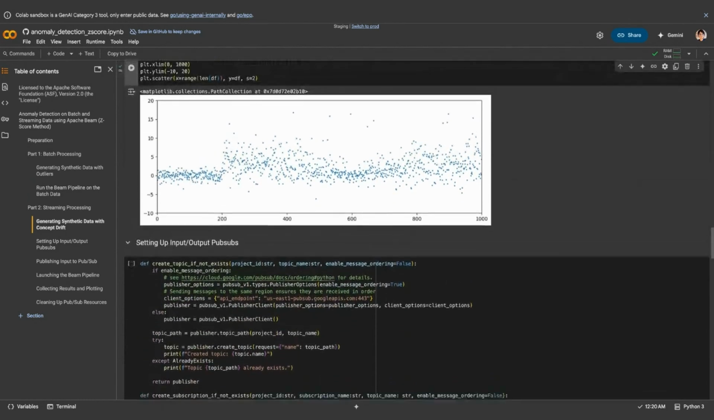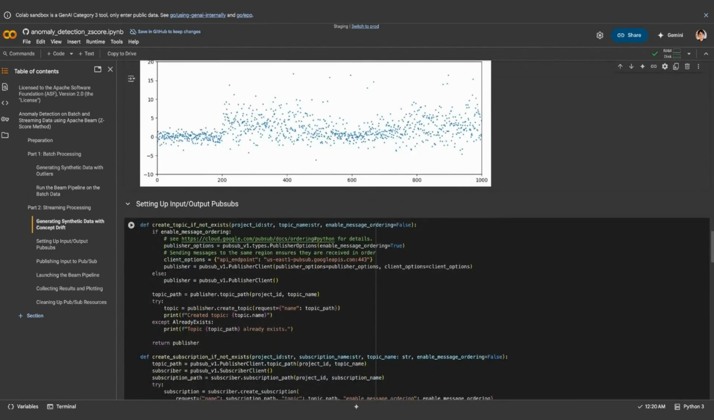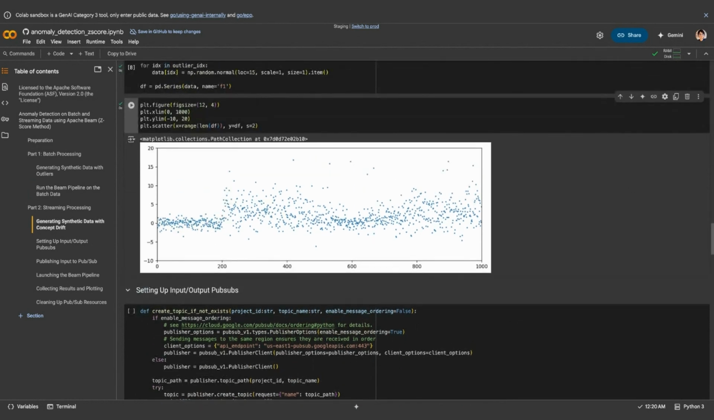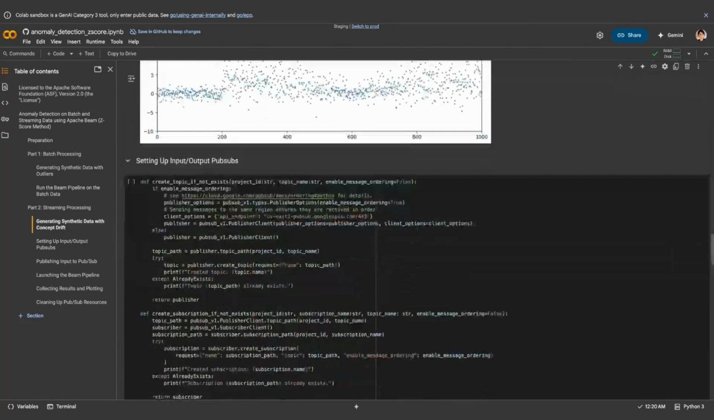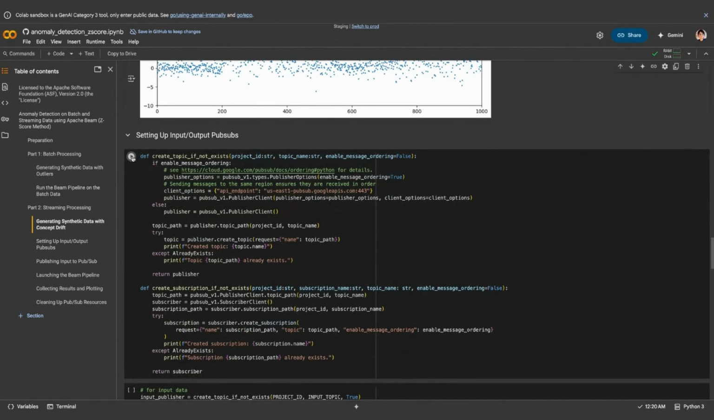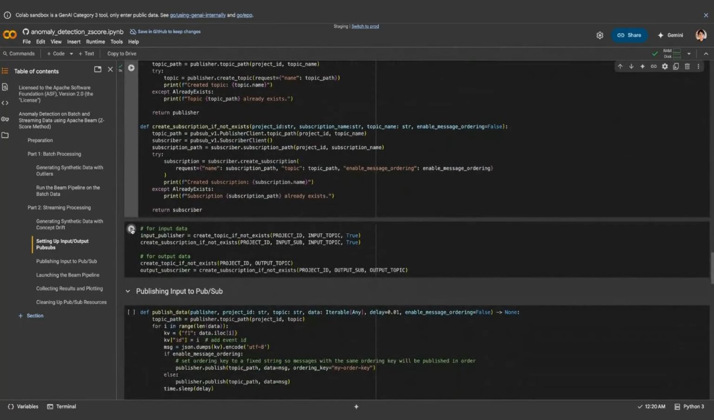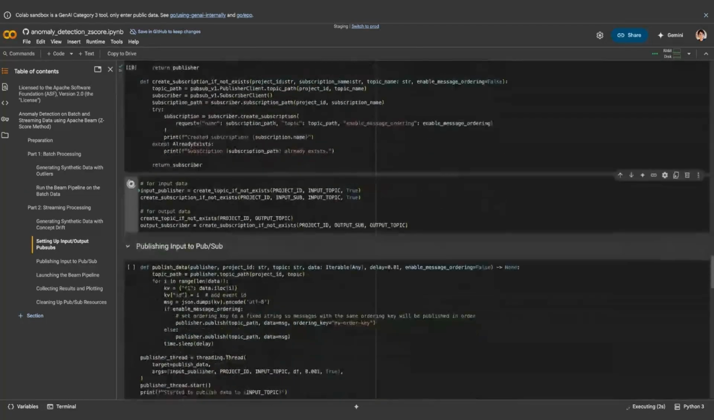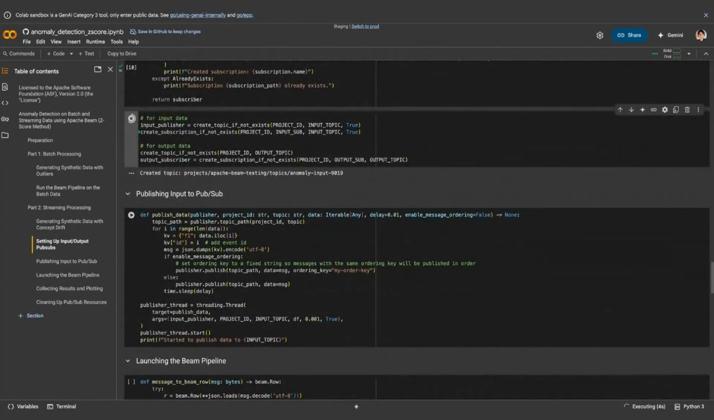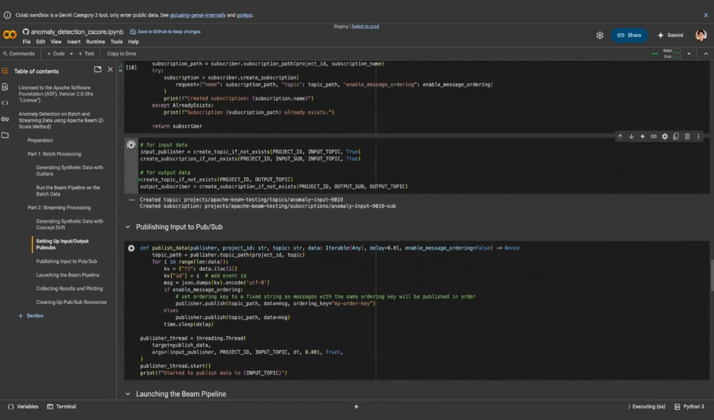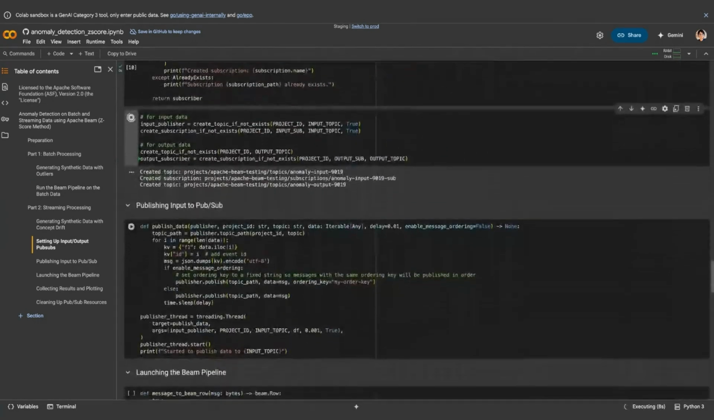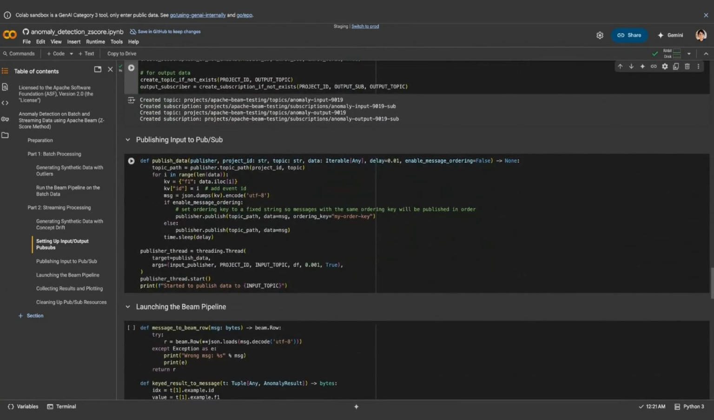So I'm going to set up the pub/sub and publish this data inside the model. Okay, so let me set up the pub/sub topics, publisher, and subscribers. We are going to publish the synthetic data set to the pub/sub, and then inside our pipeline, we are going to read from the pub/sub